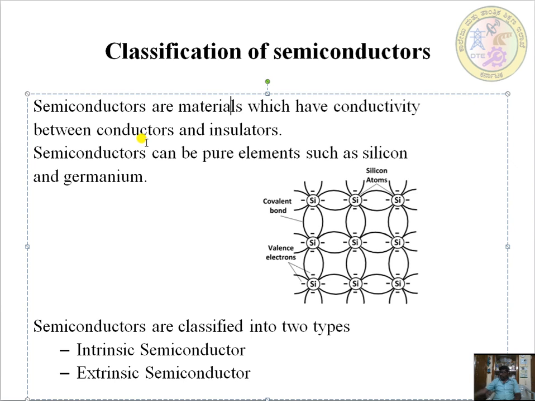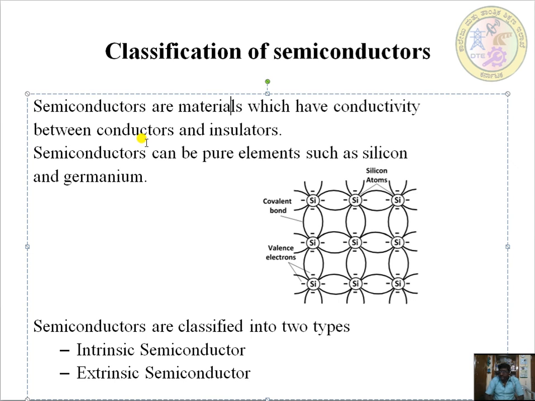Next, the insulators. Insulators have tightly bound electrons in their outer shells, and insulators are said to have high resistivity or resistance, but conductors have low resistance. In a conductor it passes electricity, and in an insulator it blocks the electricity, that is, the current. And in between the conductor as well as the insulator the semiconductor lies.